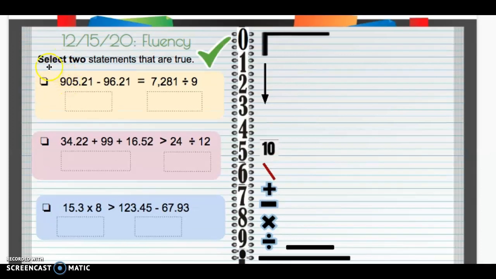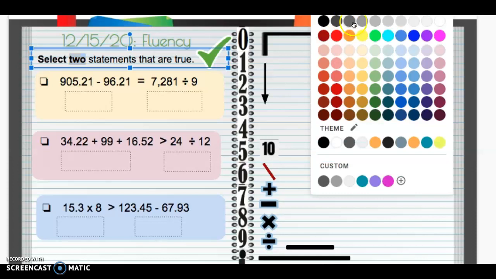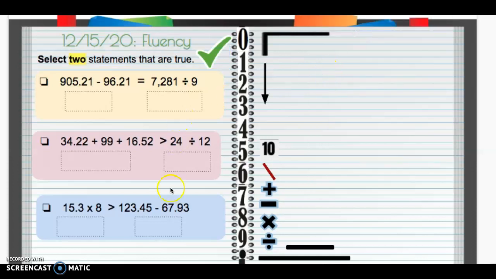Fluency today, you need to select 2, all right? 2, meaning that you are going to be picking 2 of these answers. So we have to solve to figure out which ones are true. So we have 905. So I'm going to start off by doing